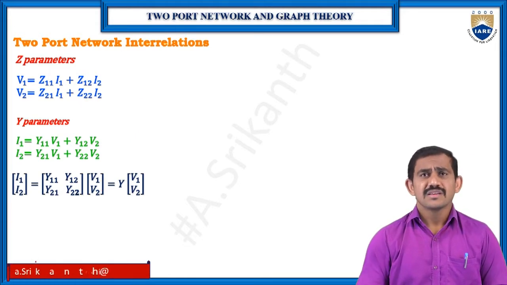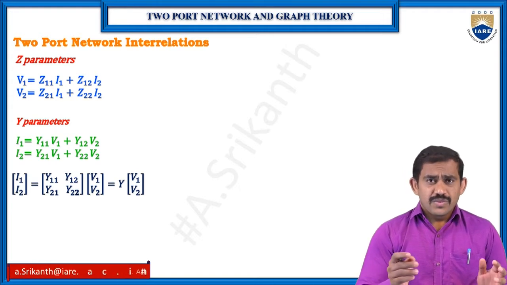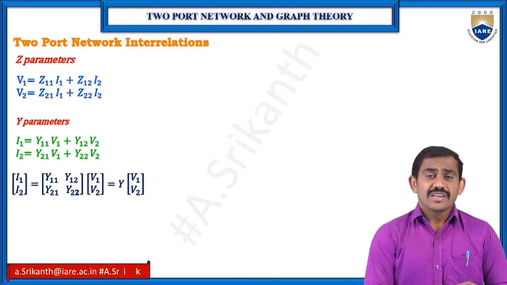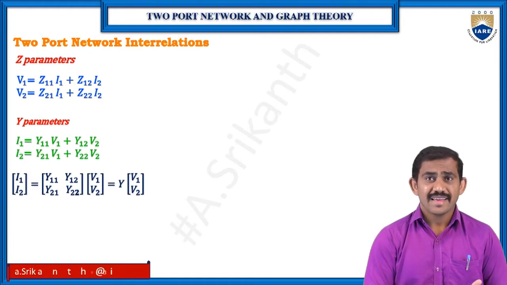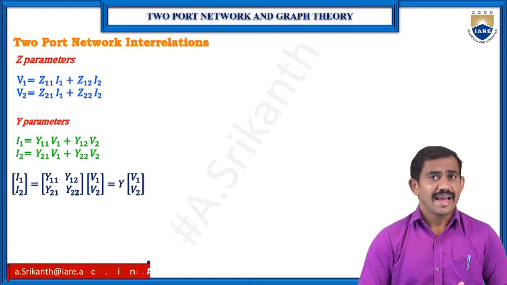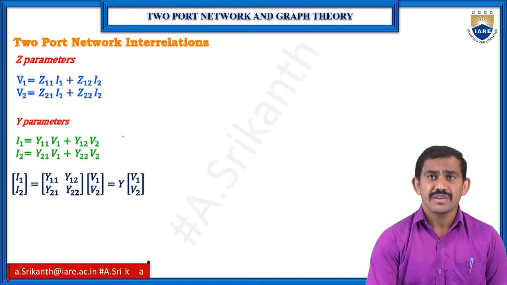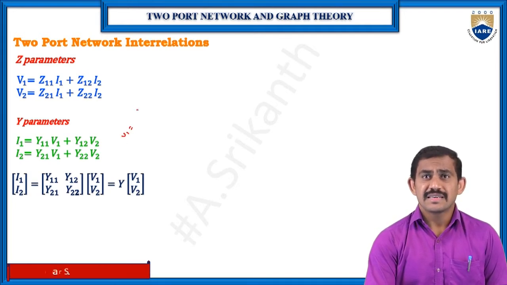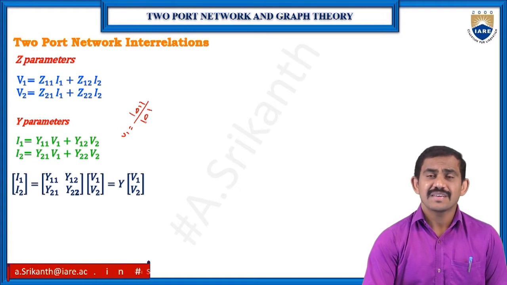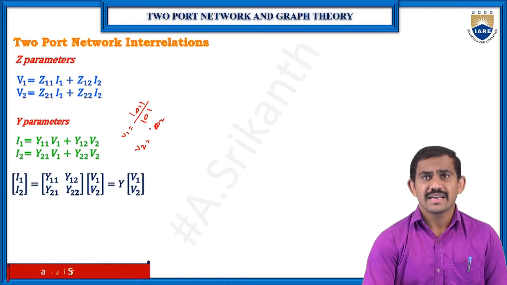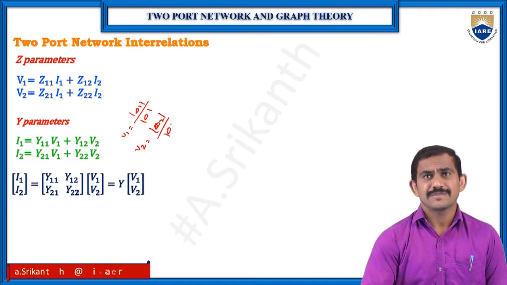So Cramer's rule is, when you have the matrix form, we can easily find out those unknown values. So here I have v1 and v2, those are my unknown values. If I want the v1 value, it is del of delta 1 by del of delta. Same thing, if I want the v2 value, it is del of delta 2 by del of delta.